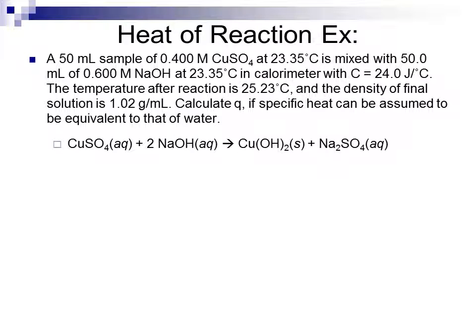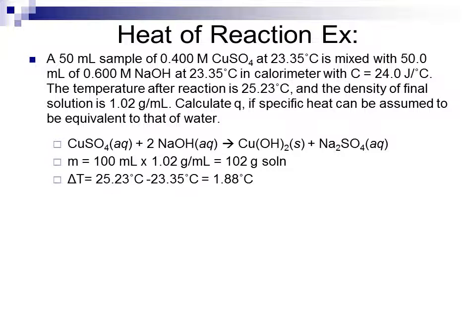The copper sulfate reaction is as given here. The mass of the system will be equal to the number of milliliters, which combined between the two volumes is 100 milliliters, times 1.02 grams per milliliter density, giving me 102 grams of solution. The change in temperature is the difference between 25.23 and 23.35, or 1.88 degrees Celsius. The change in heat of the calorimeter will be then equal to the calorimeter constant times the change in temperature,